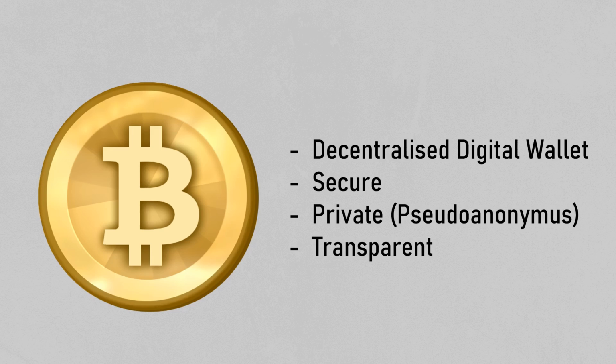It is a private network, or pseudo anonymous, because there is no information regarding your name or your ID in cryptocurrencies. But please note that each wallet has a specific code or ID. By tracking that ID, you can actually know what is going on with that wallet,